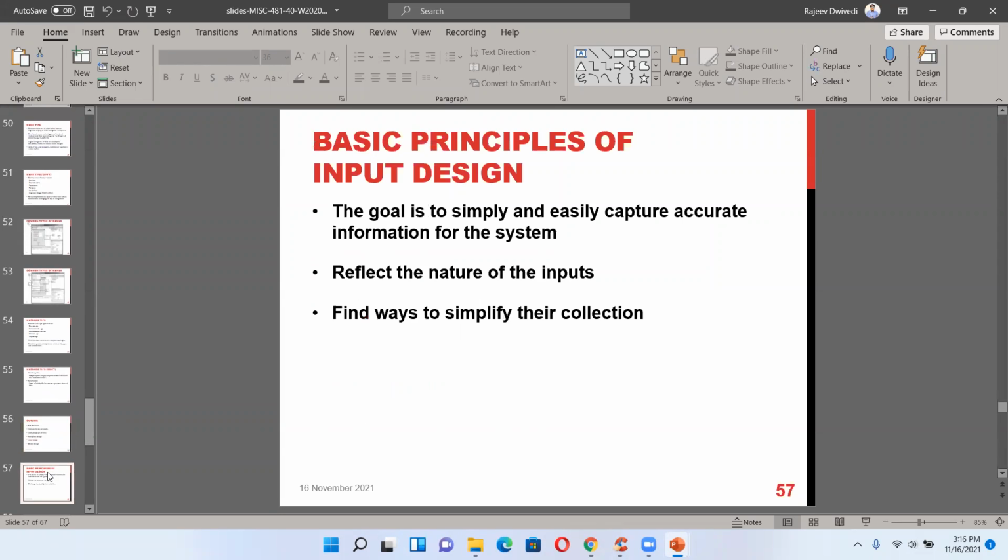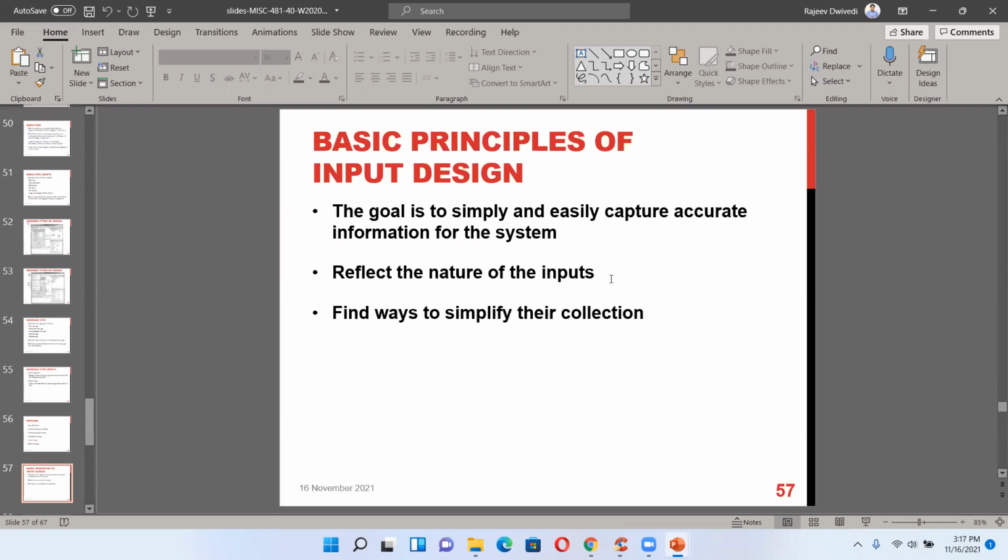Input design, basically how you get the input. So the goal is to simply and easily capture accurate information for the system. So customer information, client information, inventory information, or various information in the video case. For example, in the video case, the video store manager has to input the new video information.